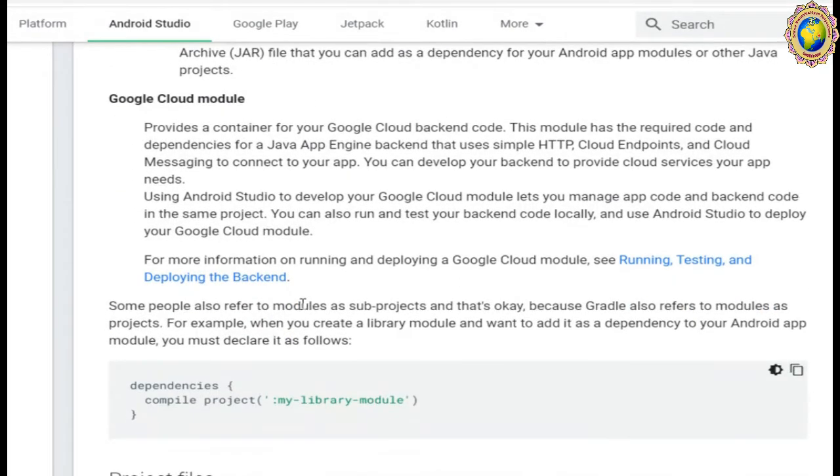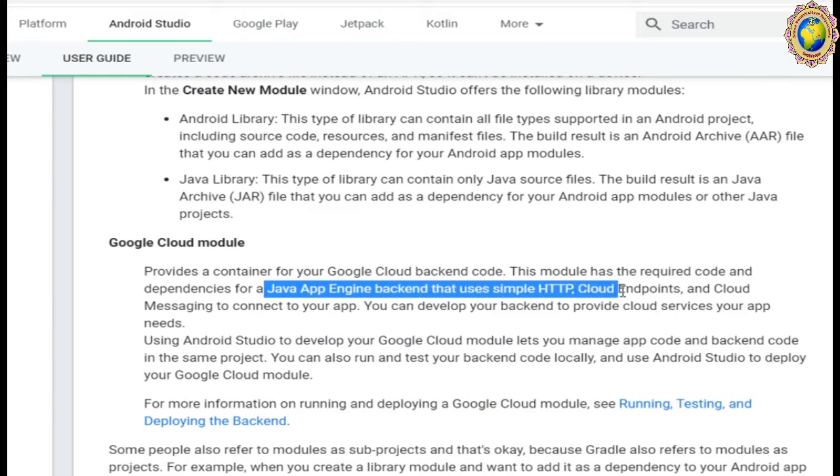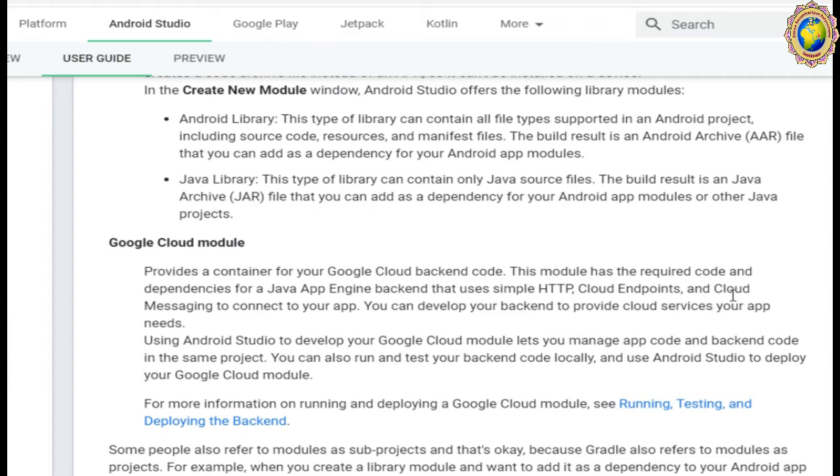Now let's see the Google Cloud module. It provides a container for your Google Cloud backend code. This module has the required Google dependencies for the Java App Engine backend, which uses simple HTTP, Cloud Endpoints, and Cloud Messaging to connect to your application.